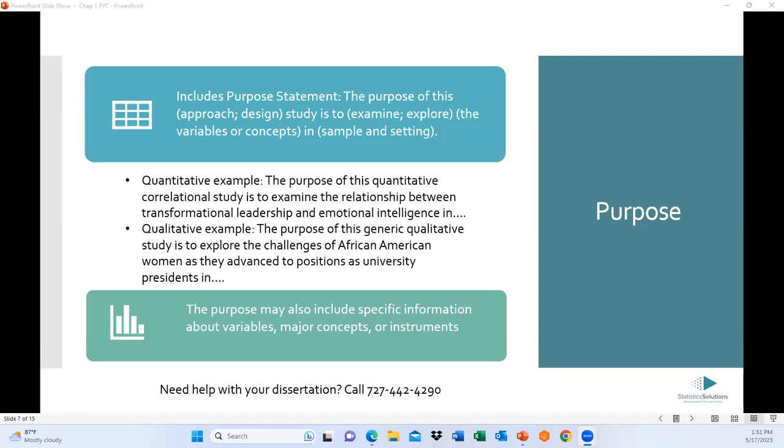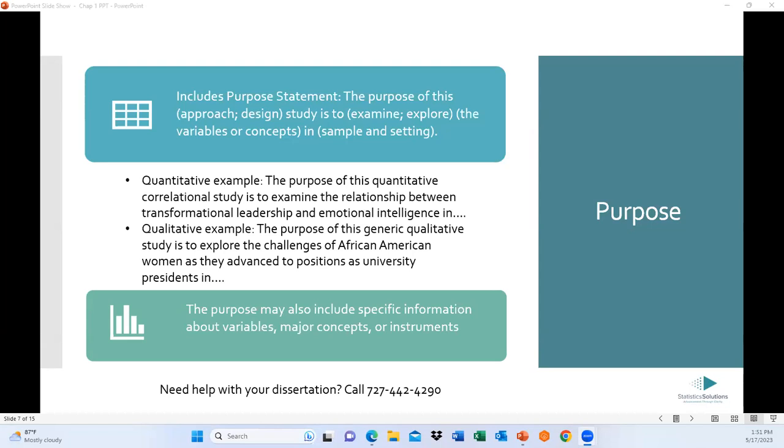If that's the case where it's weighted one way or the other, you could probably get away with either a theoretical framework or a conceptual framework, whichever way the study is weighted. If they seem to be kind of equally weighted, like they have equal roles in the study, you may need both. But again, that's another one where you should talk to your chair. It's dependent on the individual study.